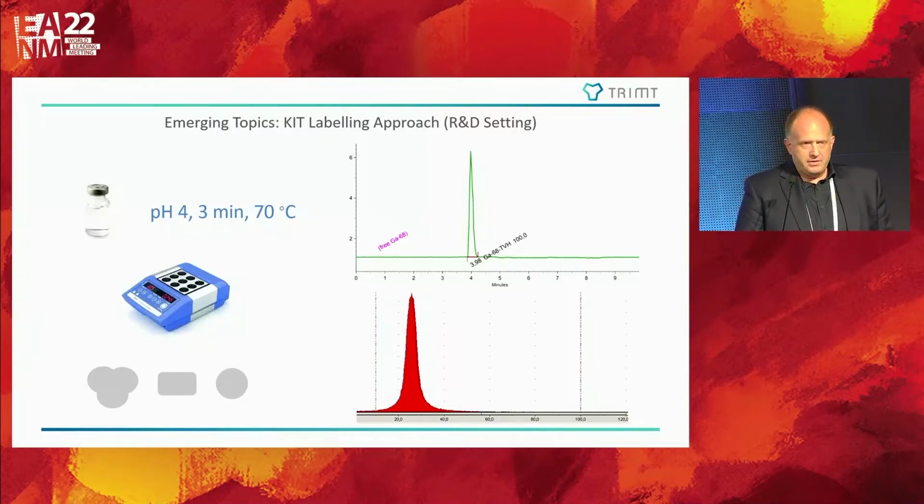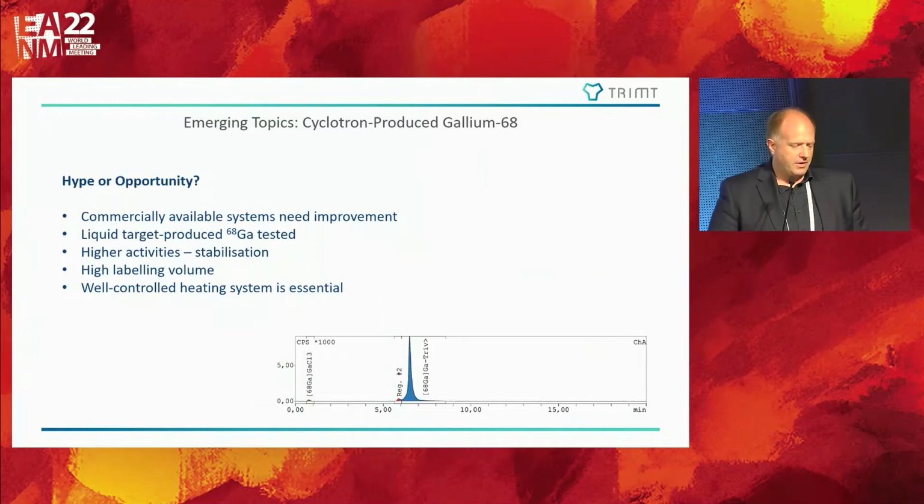There is one topic that is also discussed quite often, and that's the labeling with gallium-68 produced by cyclotrons. As the number of centers that can work with liquid targets on the cyclotrons is rising, we took a look at the option to label with gallium-68 from the cyclotron, and there is good news. It's possible, so you can prepare the compound also in this strategic way, but it's also necessary to point out that even though there is a kind of hype